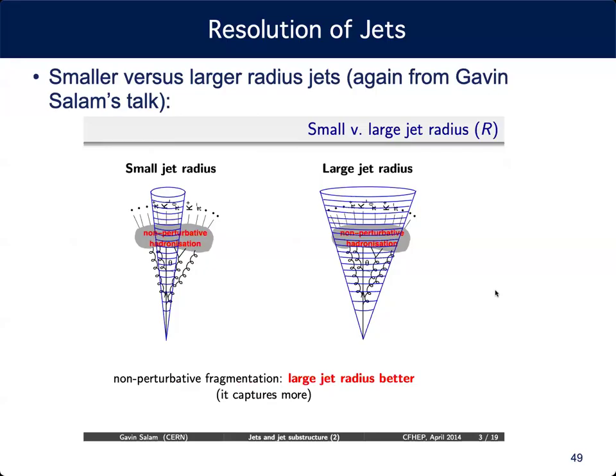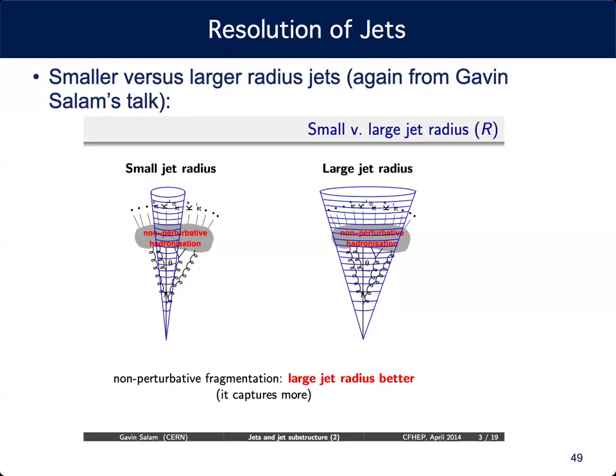Similarly, one last thing I want to talk about is that the resolution of jets is a trade-off. That's important to remember, especially when you're doing PDF fits and all sorts of other things. The smaller the radius, the less perturbed, but with a smaller jet you'll have some non-perturbative radiation. You might just miss some of it, and it's just going out of cone. Or if you have a larger jet radius, you catch it, but now you're more susceptible to pileup and underlying event